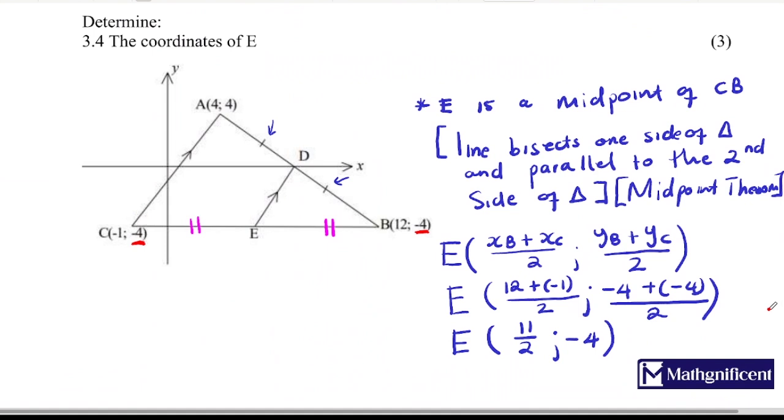So this actually means that this line CB is perpendicular to the y-axis. And another thing that we can say is that the y value of E here is also going to be equal to